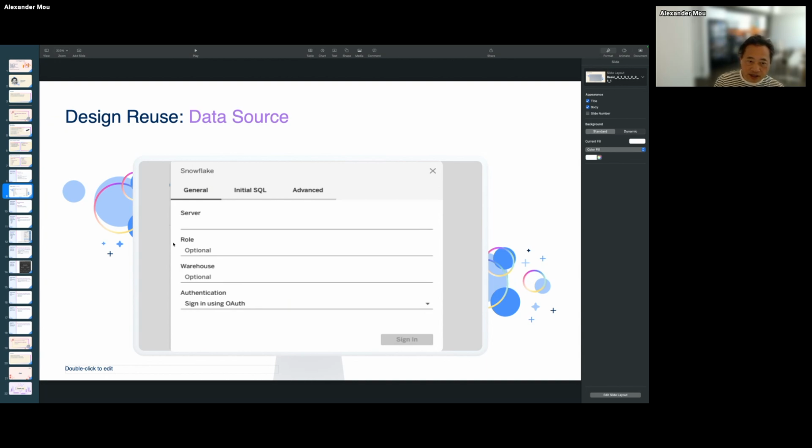The good thing is that for some data sources, there is a setup connection to some database or server, with all these parameters. By duplicating, we don't have to redo it. We can copy the connection already in the data source to a new data source.